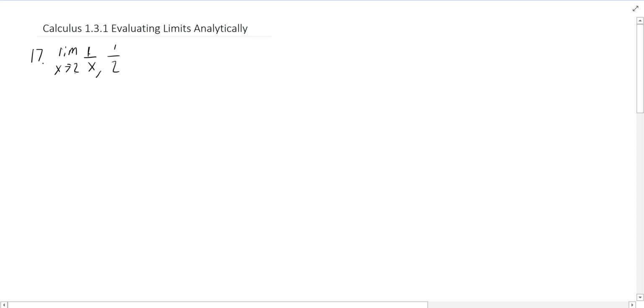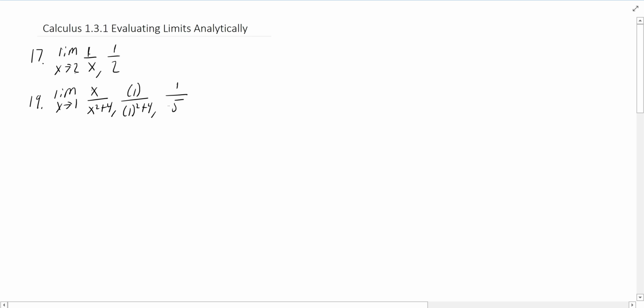Obviously this is a very, very simple problem, and a couple of the others that we're going to do are very similar in nature. Now in 19 we have the limit as x goes to 1 of x in the numerator over x squared plus 4. Once again, we just replace our x variables in the numerator and denominator with 1. So we get 1 over 1 squared plus 4,